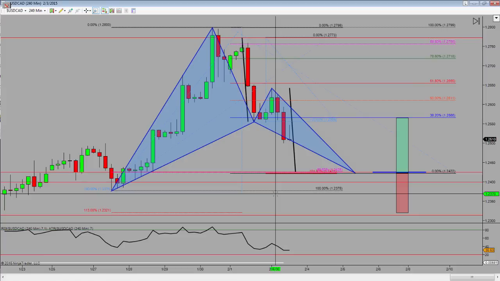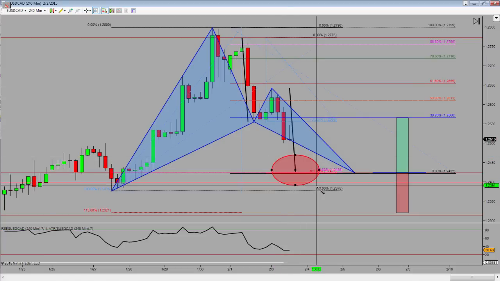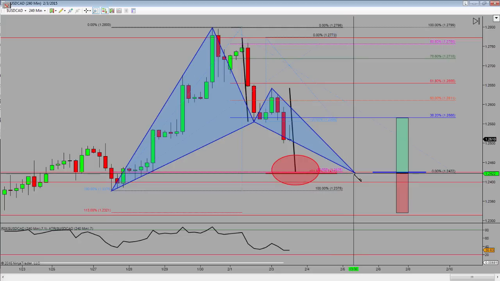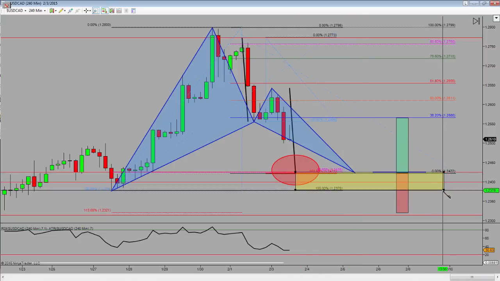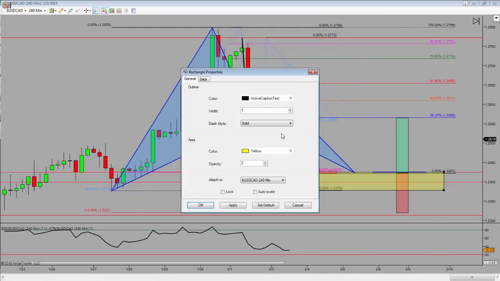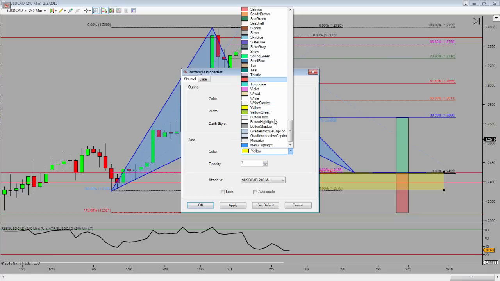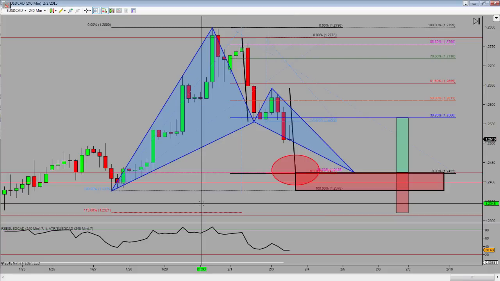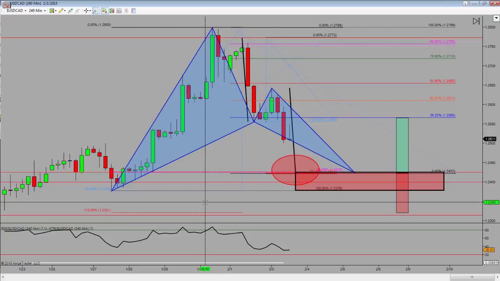So you can still identify this down on your zone, right? You can say this is my potential reversal zone between my bat pattern completion and my X leg. And then what can we do down there? If you're someone that the risk profile is too large, or maybe you just don't trade bat patterns, what can we do here? Do we give up on the trade, or do we do